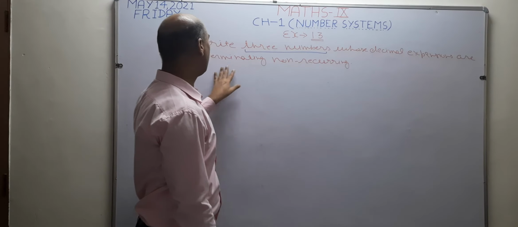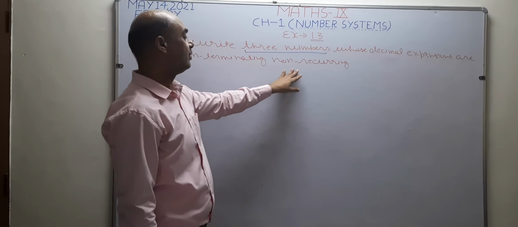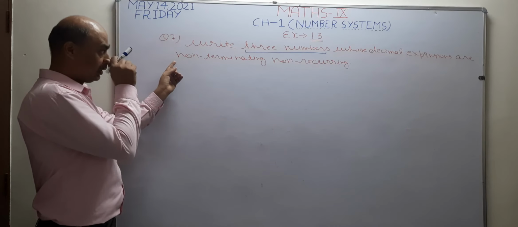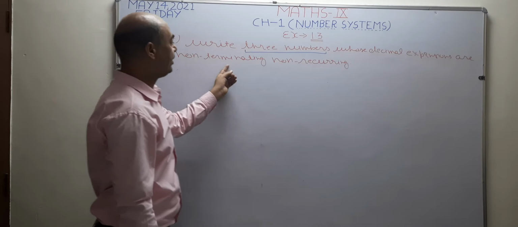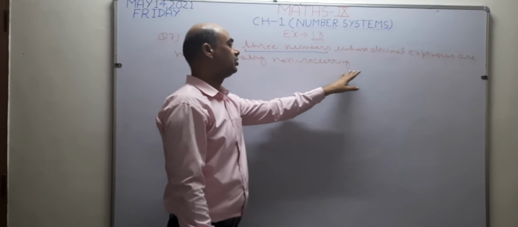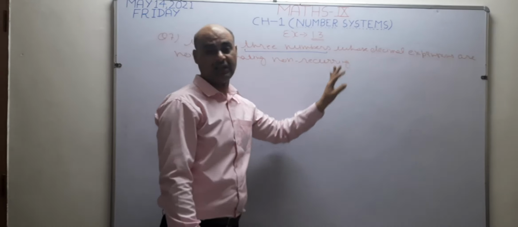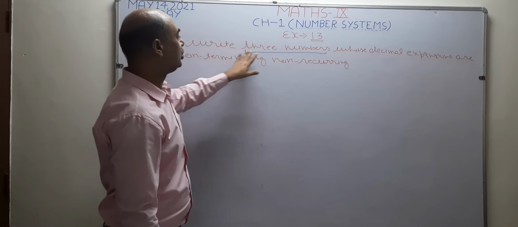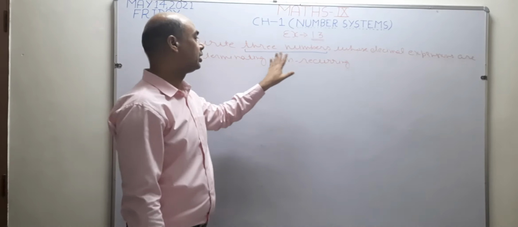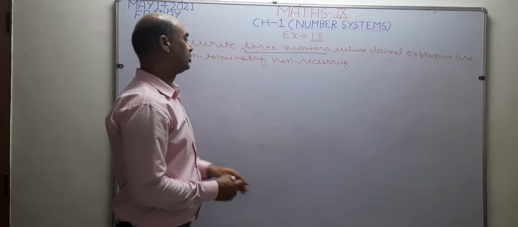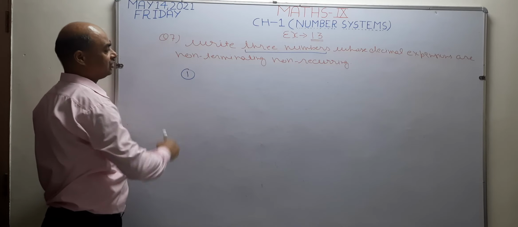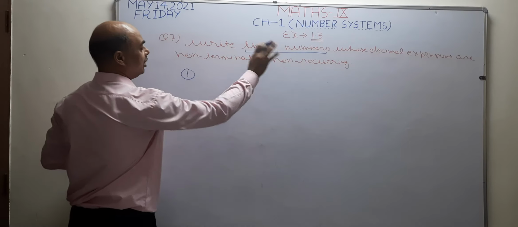This is the definition of irrational number. Because in irrational number, what is the definition? If any number is represented in the form of non-terminating or non-repeating or non-recurring, such type of number is known as irrational number. It means we are going to give examples of 3 irrational numbers. Okay, I am going to represent 3 irrational numbers here. So I want to write the first irrational number, or non-terminating and non-repeating number.